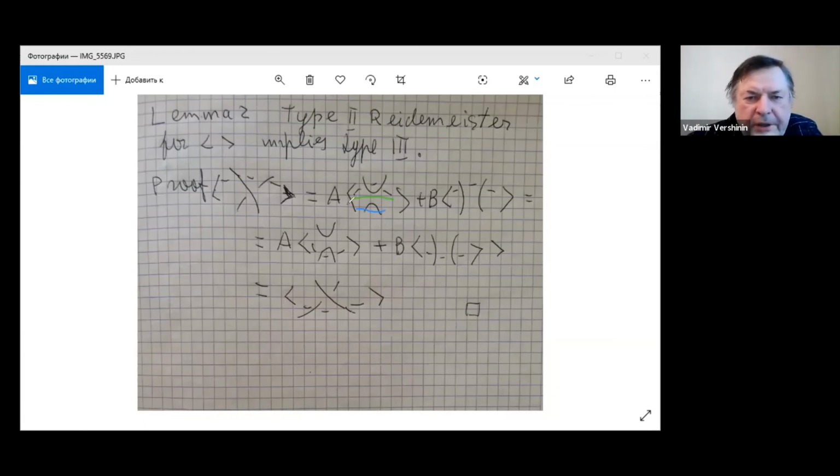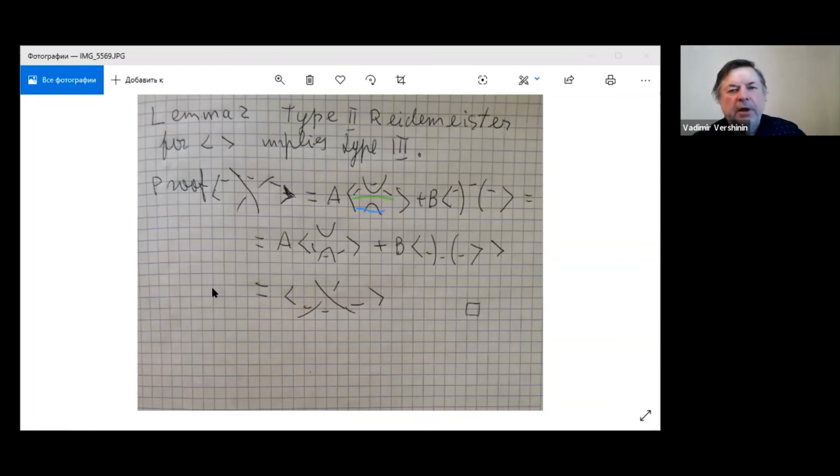So here exactly two times Reidemeister 2, and so to make a summary of this, we say that if you have AB equal to 1, D equal to minus A squared minus A minus 2, so we have